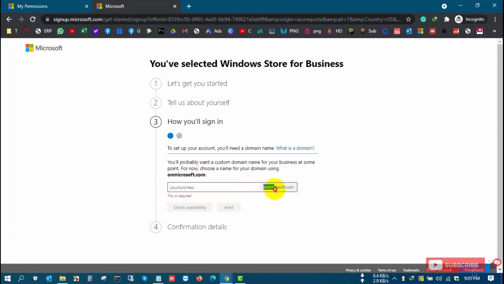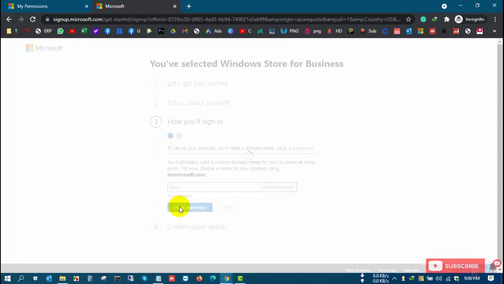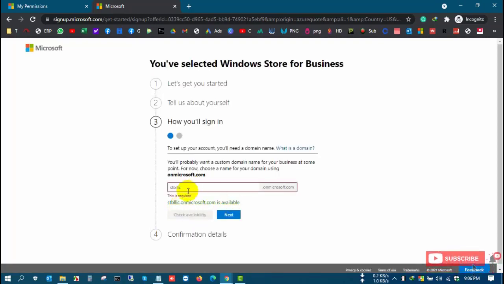After verifying, the next step is very important. Here you see the domain name option, so you need to set up a domain name as you like. I set here STPL LIC and check whether it is available or not, and it shows available.